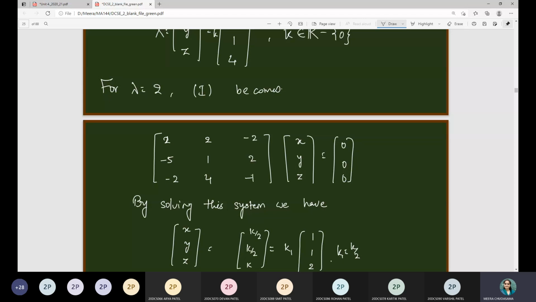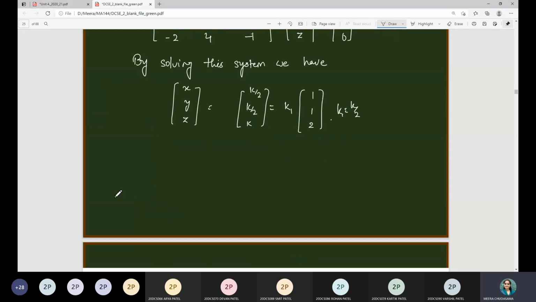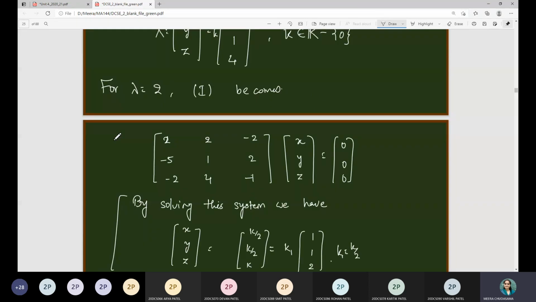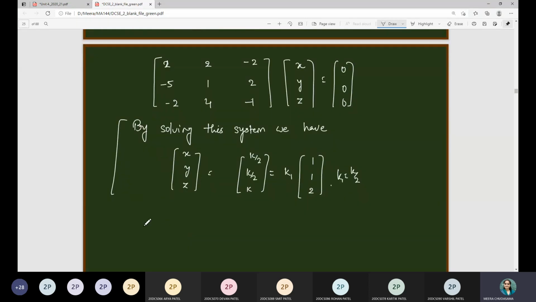Okay, so now let me see how many of you are getting the answer. 17 people got the answer, the rest are pending. Should I compute? Let me compute how this 1, 1, 2 came. Those who have already computed this case can go for lambda equal to 5. I am doing it over here for those students who are not able to finish it. So the augmented matrix, if I consider,